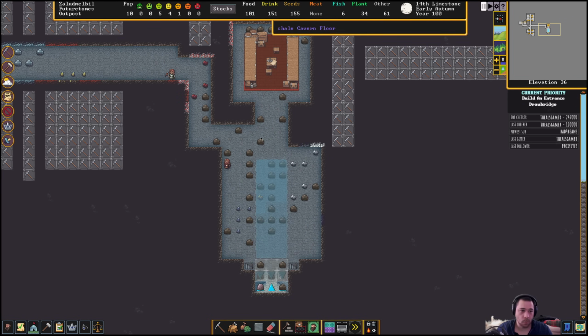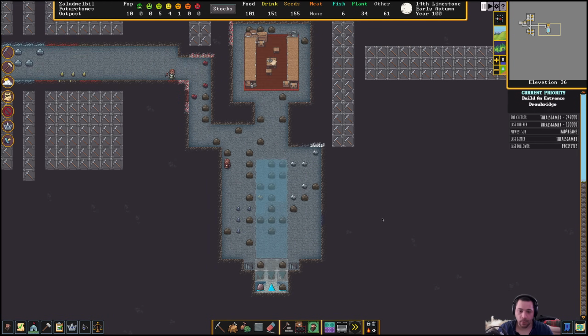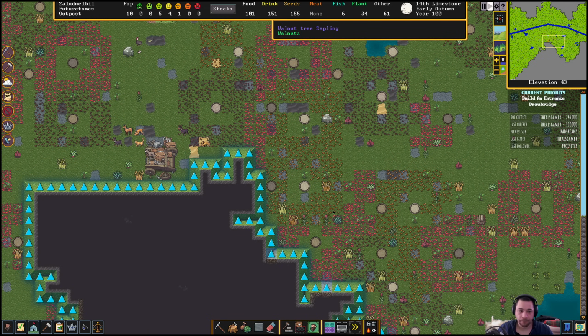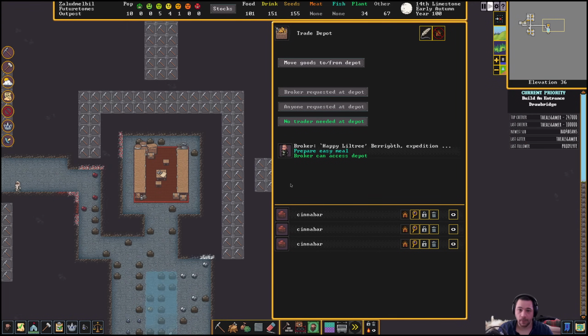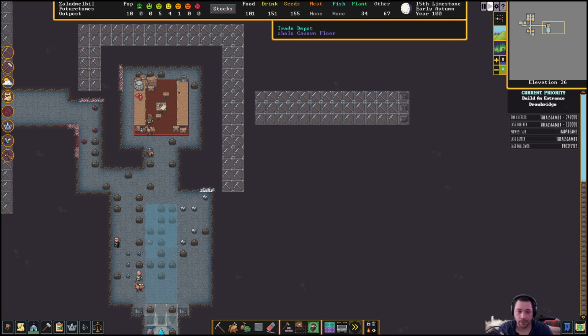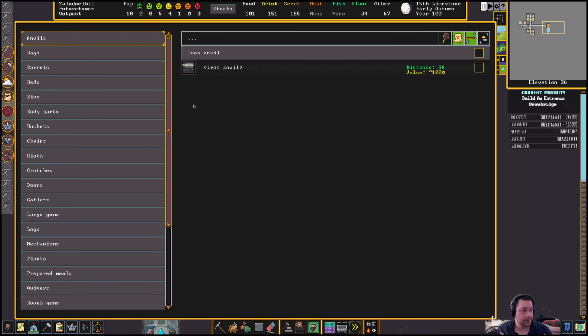So what's going to happen at this point is... Oh, we have a foal and a puppy. What's going to happen at this point is the trade caravan is going to get out to that trade depot. And this is why you want a trade depot relatively early on, because you'll miss out on trade opportunities. And now that they're here, I can then move my goods to the trade depot to sell some of the